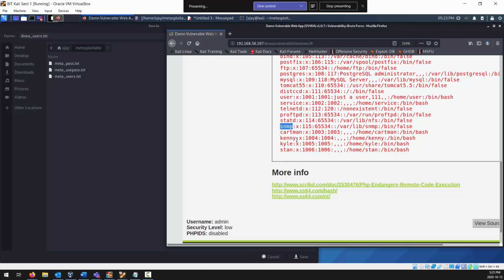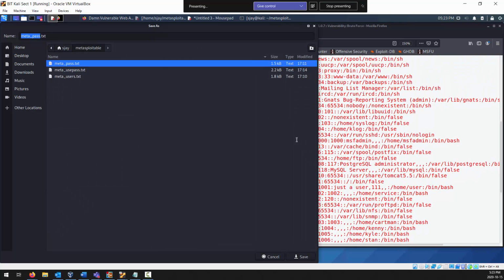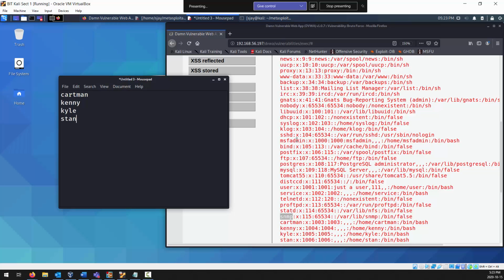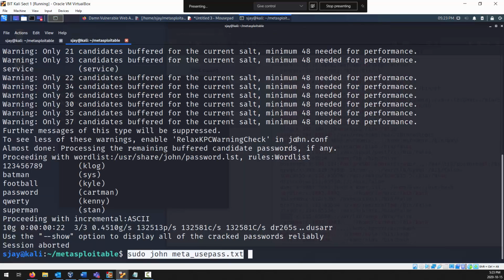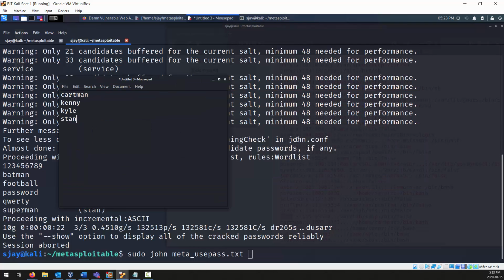What was the other one? It wasn't stat. It was Klog. So rather than saying Cartman, Kenny, Kyle, and Stan, because it's not going to work, then what I want you to do is we're going to use, you know what, I'm not going to trust my memory on this one. So we saw Klog and sys were able to give us passwords pretty easily, so that's what we're going to use. Once I get you the right